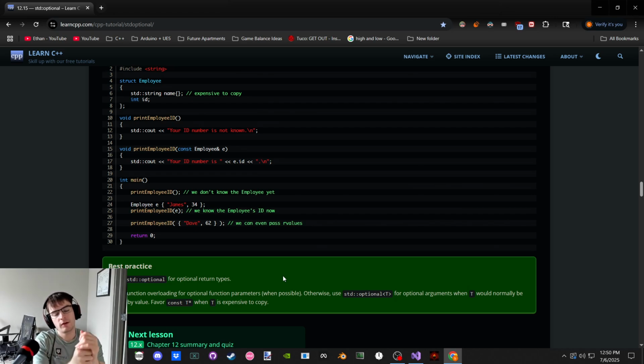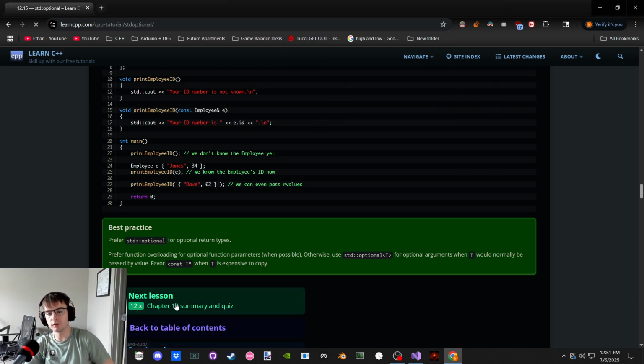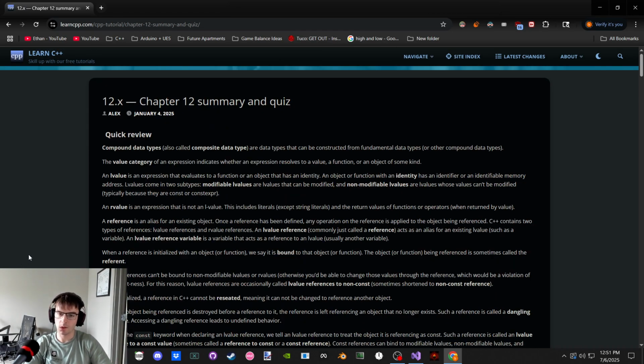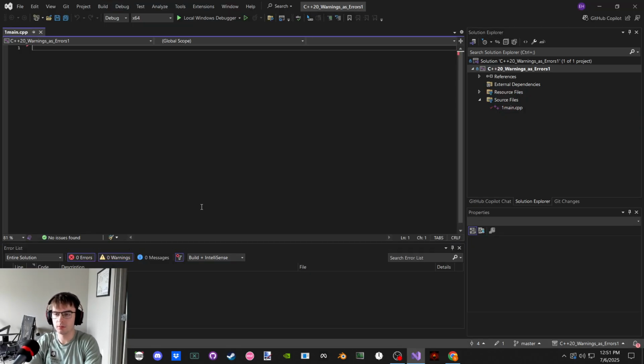Otherwise, use it when we're passing by value, because if we're passing by value and it's an expensive thing, no go. Do that via reference or do that via the pointer. Well, in that case, we can't do it via reference because there's no optionality. You simply have to pass it a reference to something that's valid. There's no reference to null pointer or to some null object. So pass it a pointer to something to evaluate whether it's true or not, or optional, depending on whether we have to pass by value or not. Gotcha. Thus, favor the pointer version when things are expensive to copy. Gotcha. Like, for example,